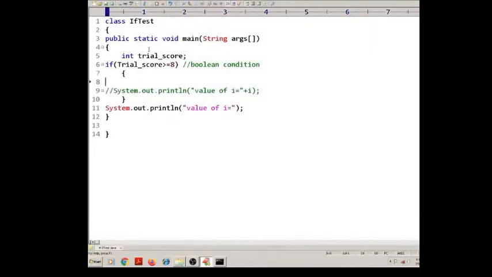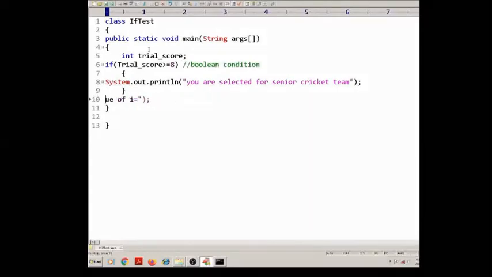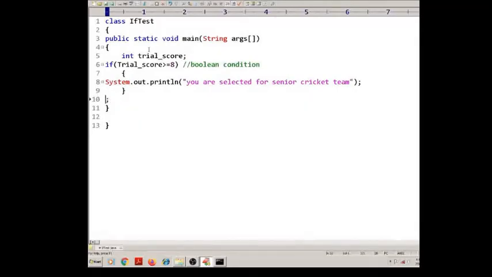Then I want to display a message here. Okay, so whenever this Boolean expression becomes true, then this message will be displayed.